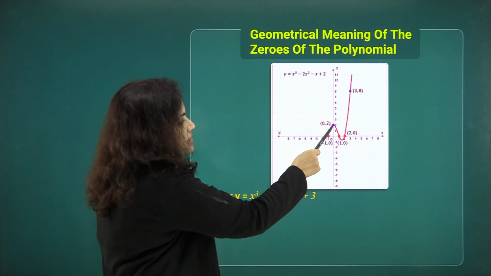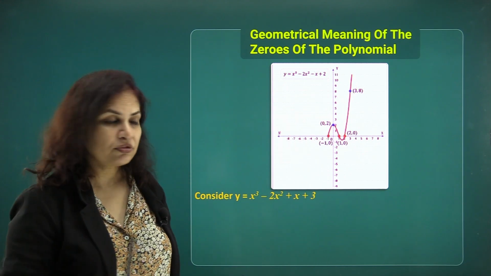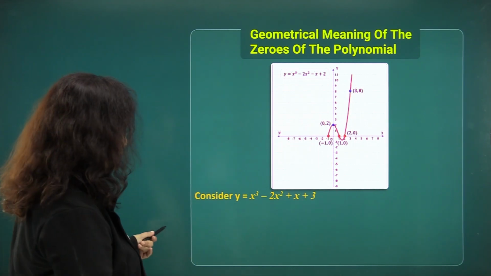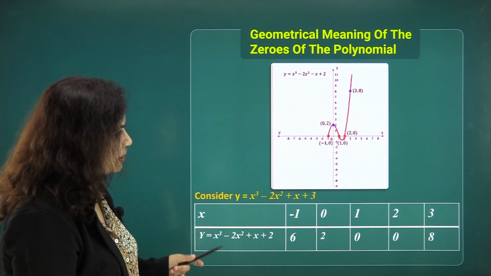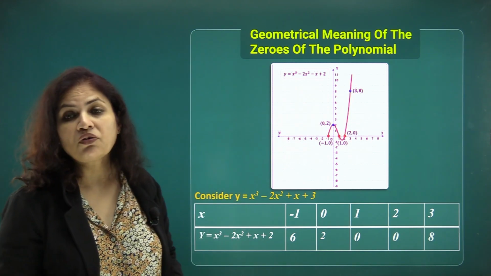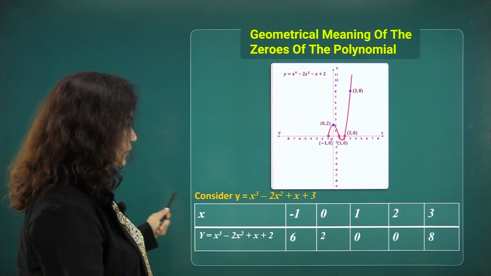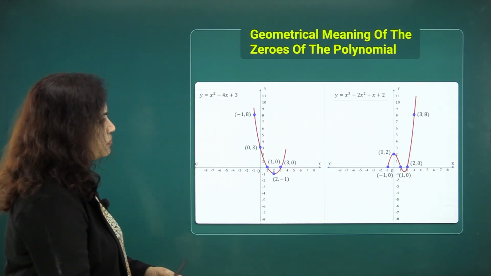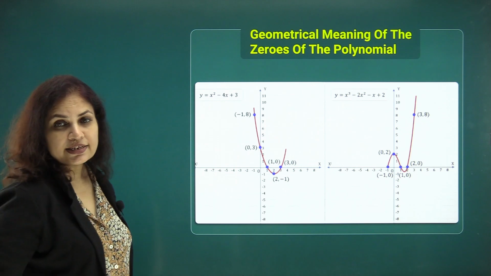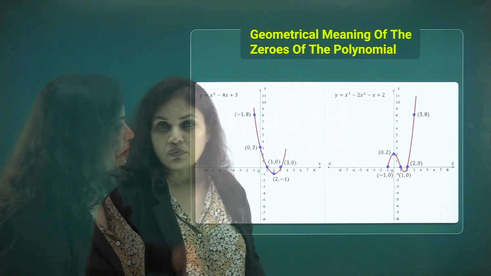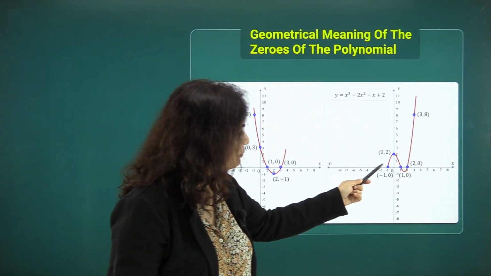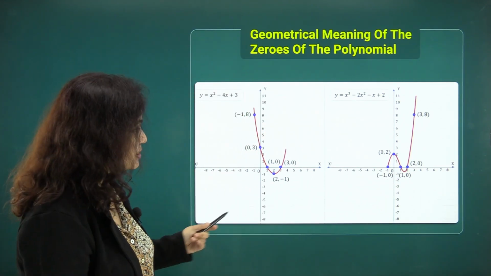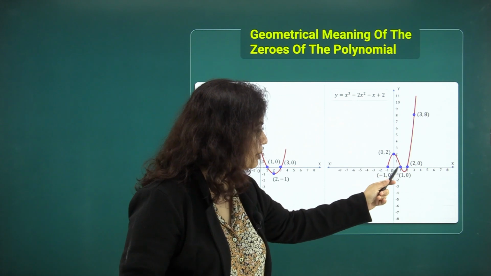The graph is intersecting the y axis. We only have to take the point of intersection on the x axis. After drawing a table, we will get an S-shaped curve always for a cubic polynomial. And here we have the comparison between the two. Here the graph cuts the x axis at 2 points and we have a quadratic polynomial, and here we have a cubic polynomial intersecting the x axis at 3 points, giving rise to 3 zeros, minus 1, plus 1, and